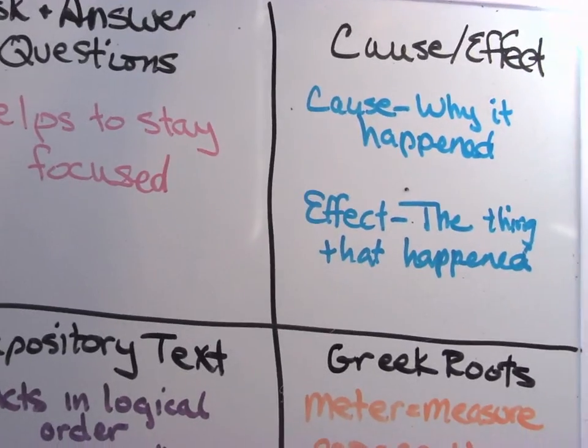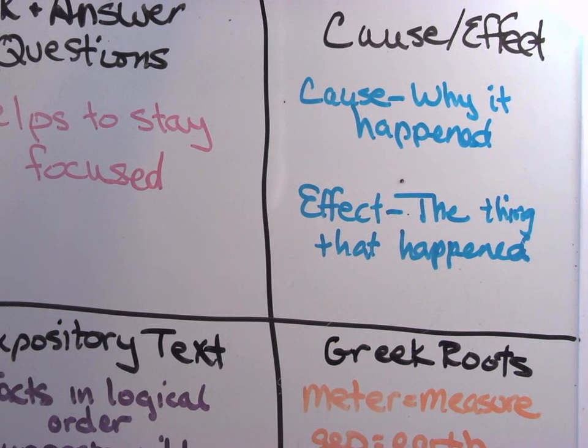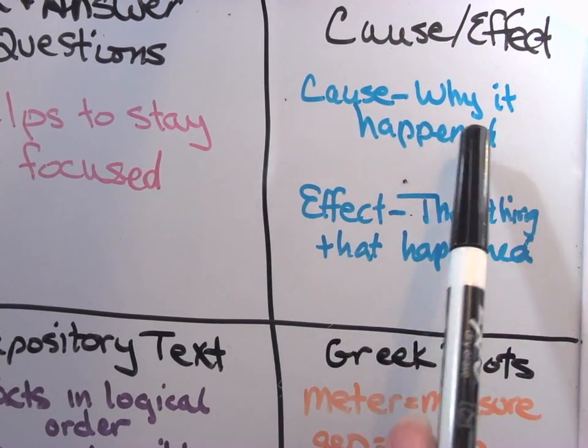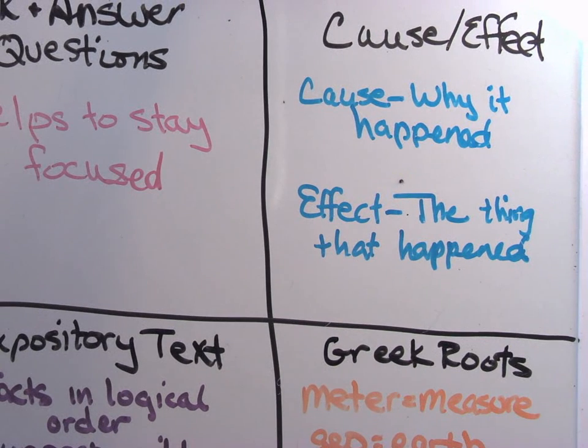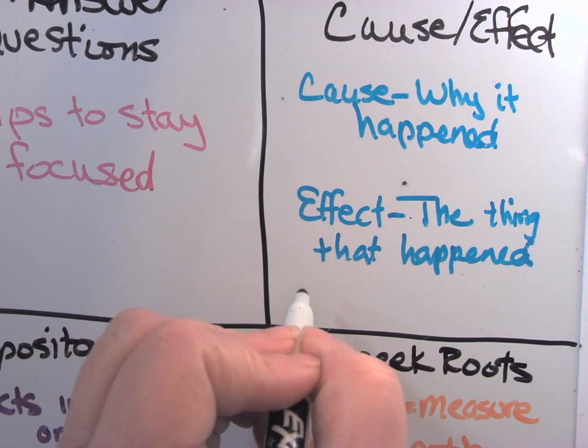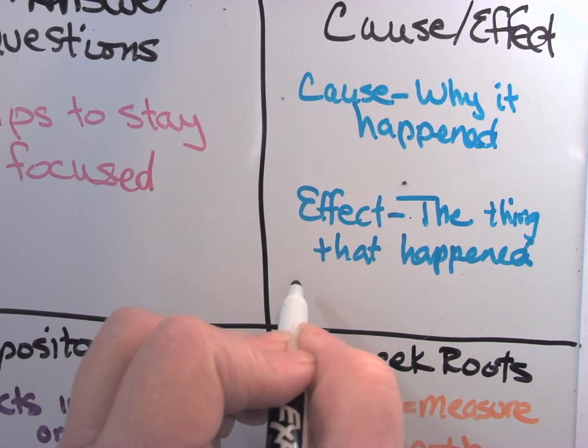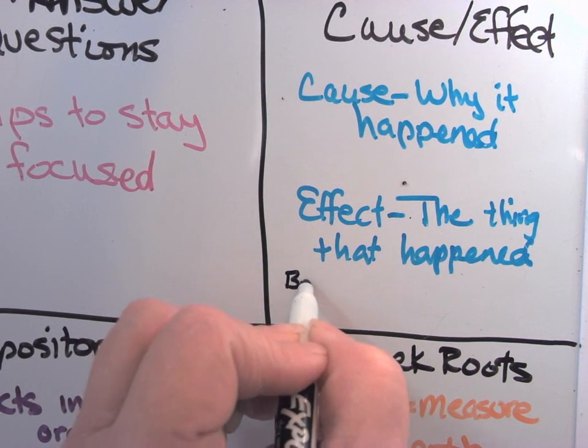The second one is cause and effect. Now, cause and effect, I'm not going to spend a lot of time talking about, because with cause and effect, we have to cover that in science and social studies all over the place. Cause is why something happened. Effect is the thing that happened. When you think about that one, I want you to think about the word because, all right? You could have because